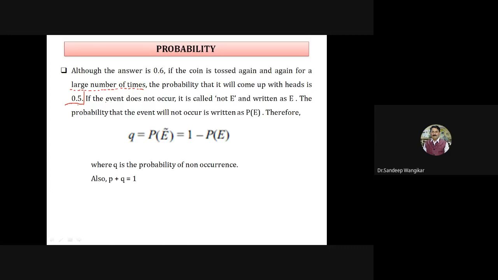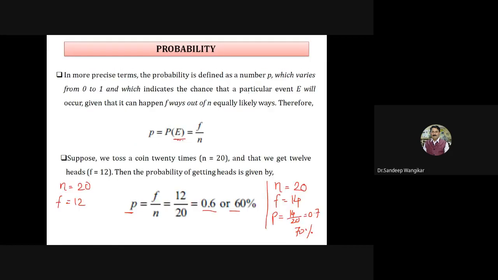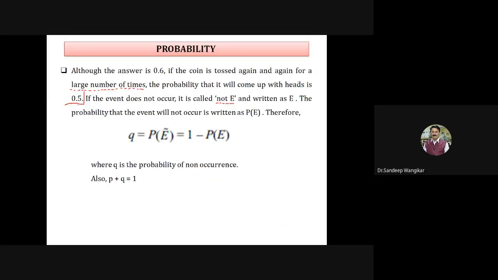Now, if the event does not occur, it is called not E. If the event occurs, we denote it as E. Event E has occurred. Now event E has not occurred, not E, which is also written as E with a sign on top. Then the probability that the event will not occur is